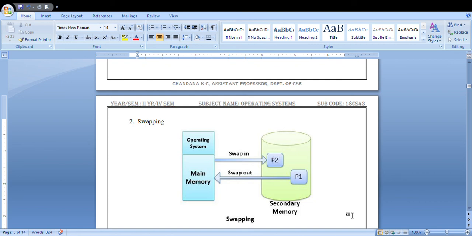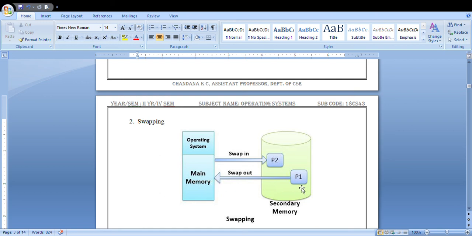In the same way, the P2 process will execute. Once P2 completes its execution, it has to swap out from the main memory into your secondary memory. By that time, the P1 process present in your secondary memory will swap back to your main memory. This is how the swapping process will work.